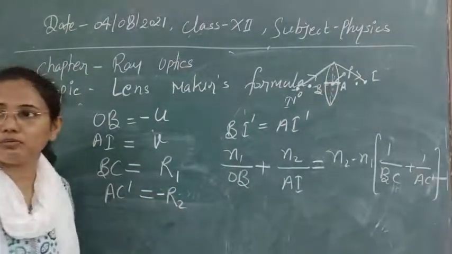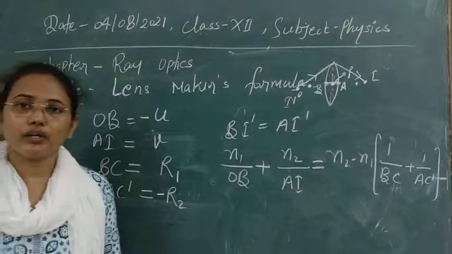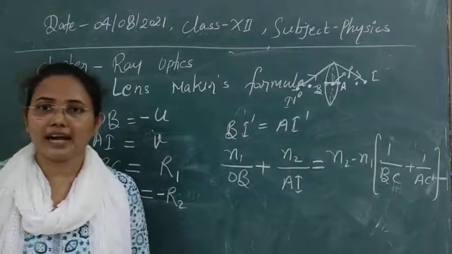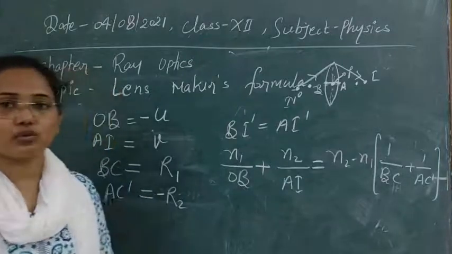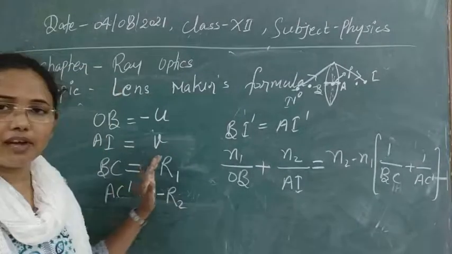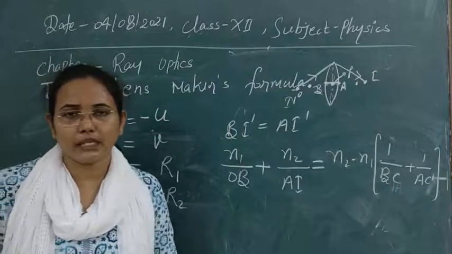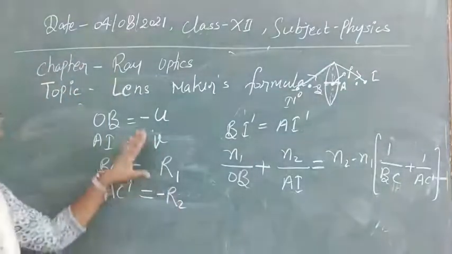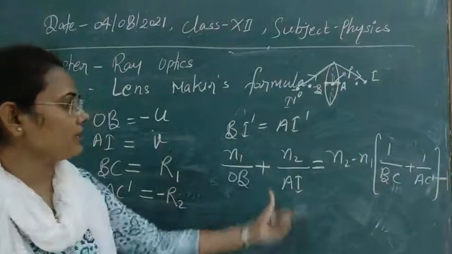This is the most important thing in geometrical optics or ray optics. While you are going to understand it, sign convention and geometry should be clear to you in a very clear manner, so that you can write this. Otherwise all the derivations and all the formulas that you are using will be completely wrong from here. So just keep these factors in your mind. Now let's write down these values in our equation.